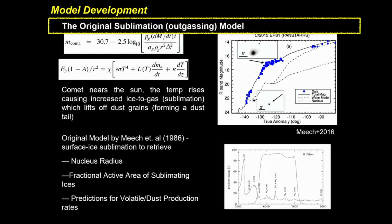So what do we do after we put together these comprehensive light curves? And the answer is that when you have a comprehensive light curve, you can apply a model to it to retrieve cometary properties. Originally, this was the Meech et al. 1987 sublimation model. The idea is to numerically solve the energy balance equation at